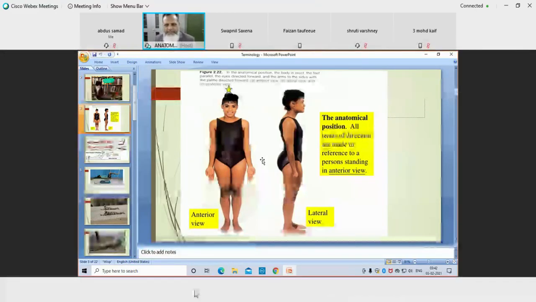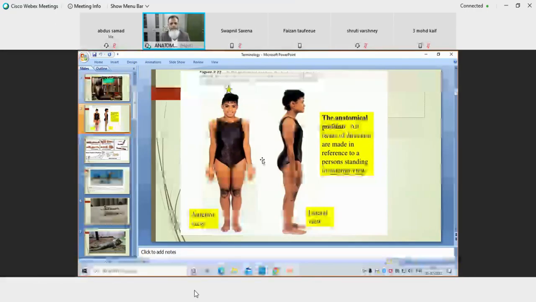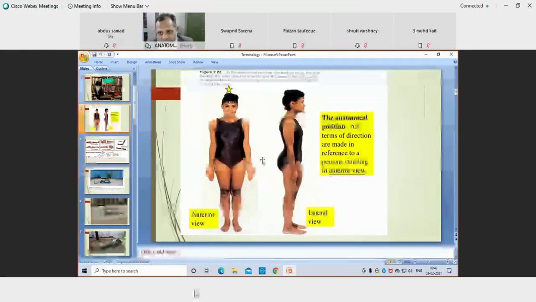Now, after that, we are going to talk about the terms used in relation to the description of the lower limb. ठीक है? Now see, in the lower limb also, the part which is anterior will be known as the anterior surface, and the part which is on the posterior aspect will be known as the posterior surface. Here the anterior surface is extensor surface, and the posterior surface is flexor surface.